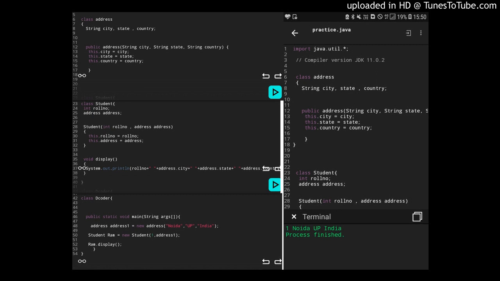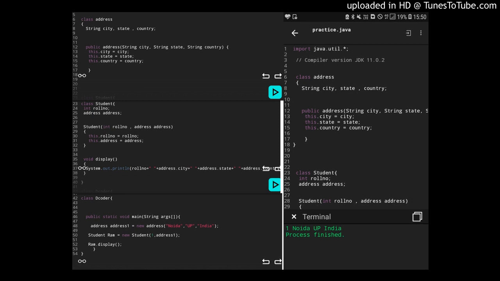So what we do here is we use another instance variable which is of type object of address class, that is Address address within the class Student.